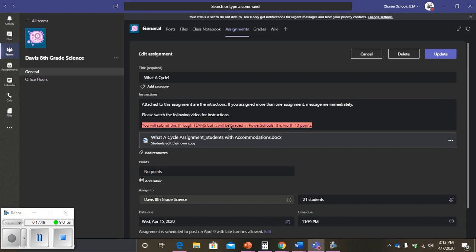You can, but then you have to add it back on as student work. It'll say add student work or add your work. Again, this is the teacher side. I can't see it from your side. Add student work, and that's where you can add pictures of your diagram if you need to. Again, please don't email me. I do want this turned in through Teams, so it's saved and protected and easy for you to access.